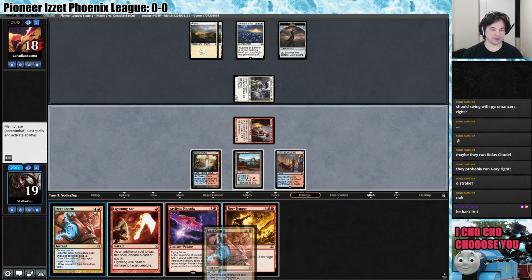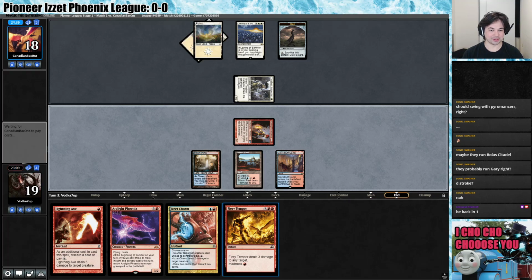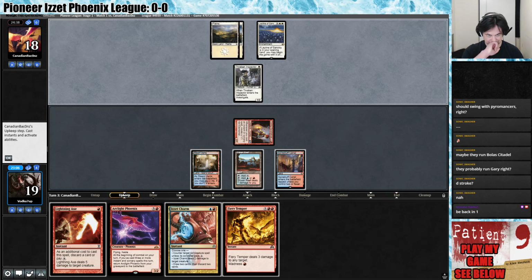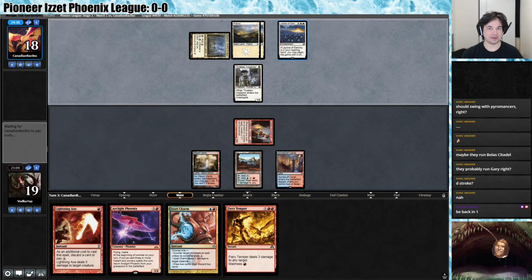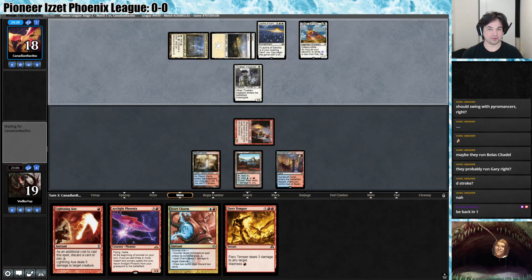Instead, what we're probably gonna do is, at some point on their turn, we're gonna Izzet Charm, discarding Fiery Temper and Arclight Phoenix. Which is still good value, don't get me wrong. But we're gonna be a little shy of recurring it. Okay, so they've got 3, 4...